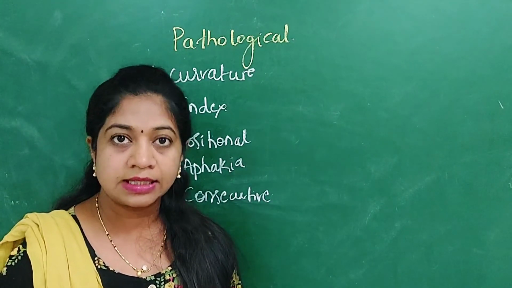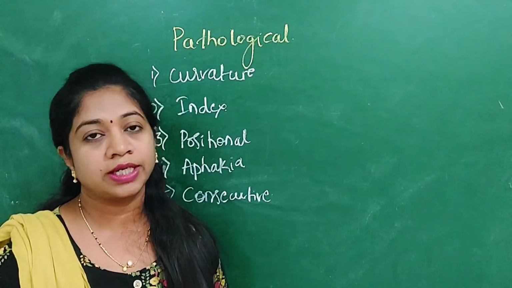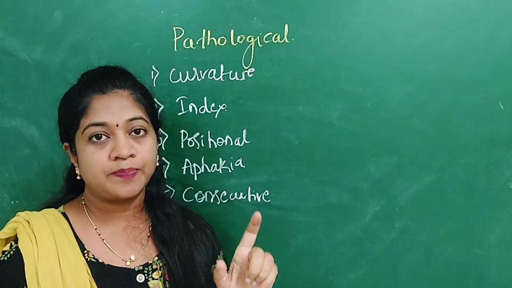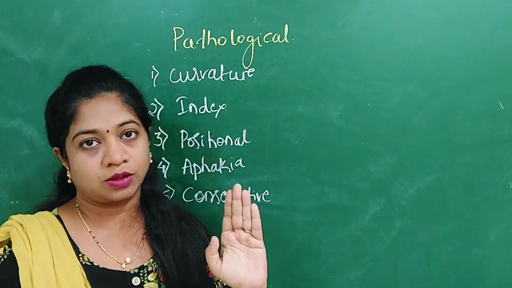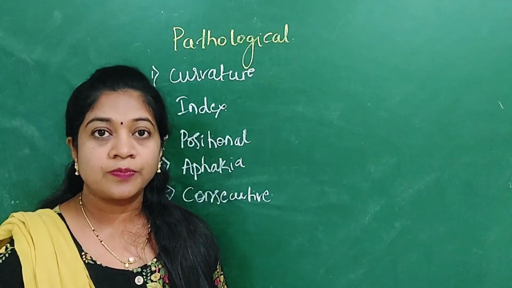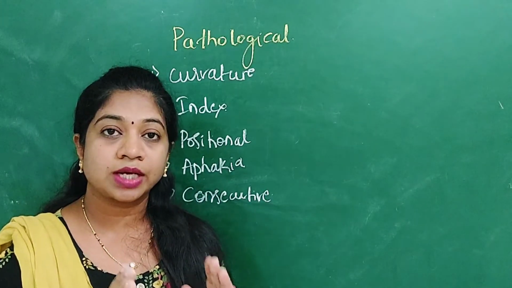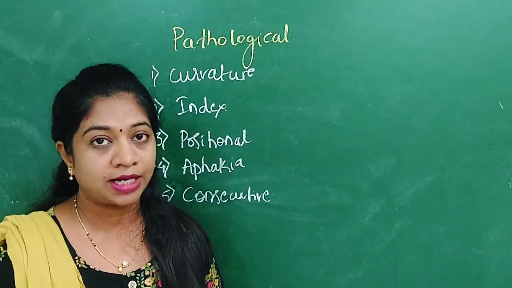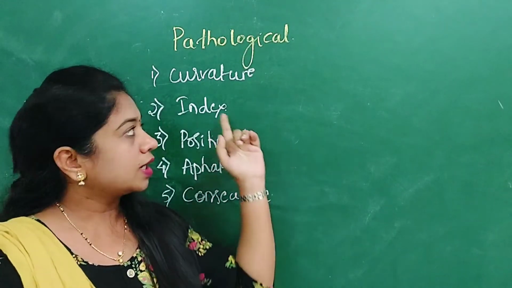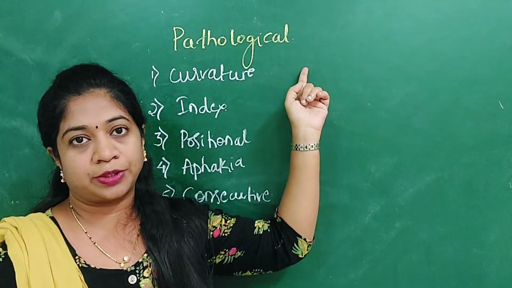Either there can be a decrease in the anterior posterior diameter of the eyeball itself, or the curvature of the cornea can be flat. So in cases of microcornea or cornea plana, there is more flattening of the cornea, so that can lead to pathological hypermetropia. And as we grow, the outer lens fibers may become a little flat. Total curvature of the lens can become a little flatter compared to the younger population, and that can again contribute to curvature hypermetropia, which is one of the types of pathological hypermetropia.